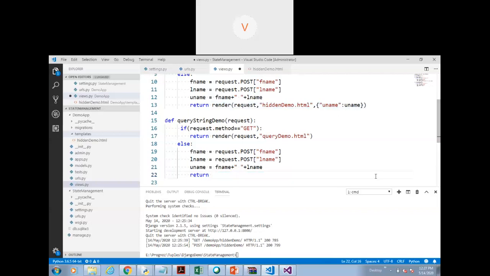So what I should do is return redirect to a different URL. Let's call this display name. Then here I am writing question mark uname is equal to, let me write like this. Do you remember I explained this is the query string syntax: you have the URL, question mark, name is equal to value. If you want to have fname and lname, fname will be present first, then you have to use the and symbol,